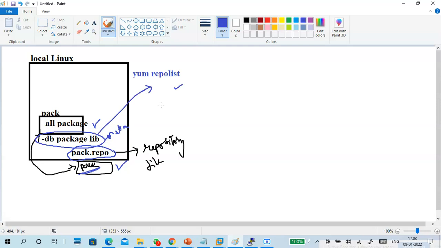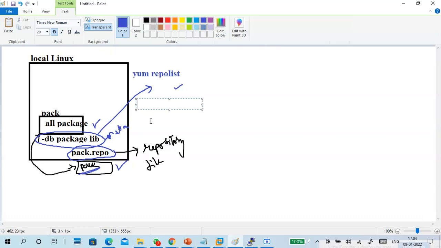Everything is on the same PC here, so don't worry about it. Just take it statement-wise only. Next, when I put clean all, I always use clean all first. But if you put clean all, what happens? This database in my temporary storage will be cleaned. So if you clean all, then you have to do this one.